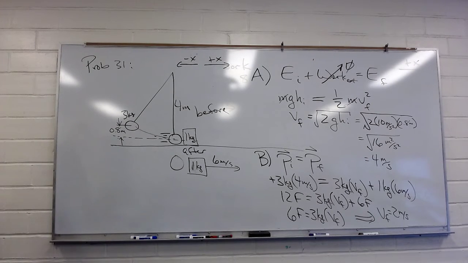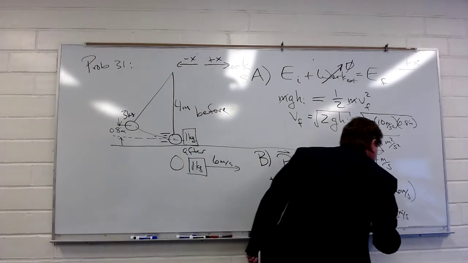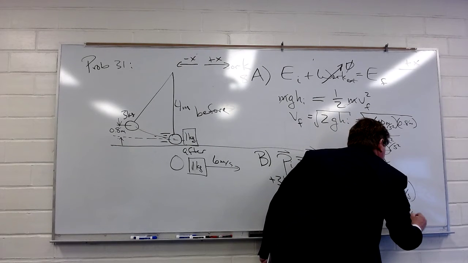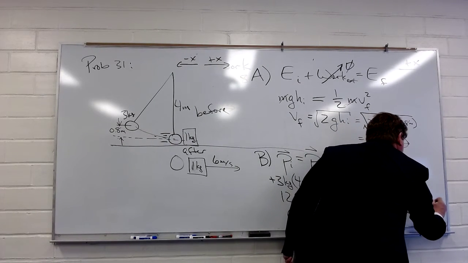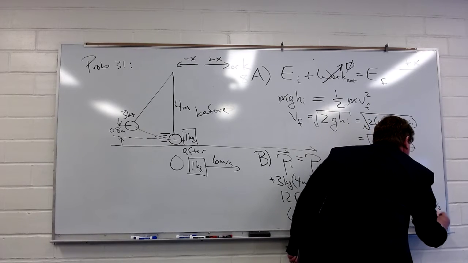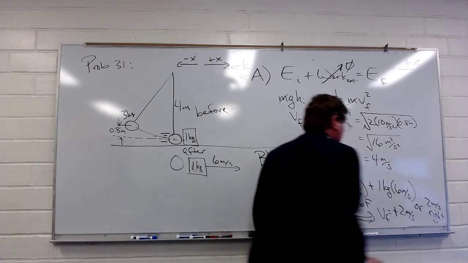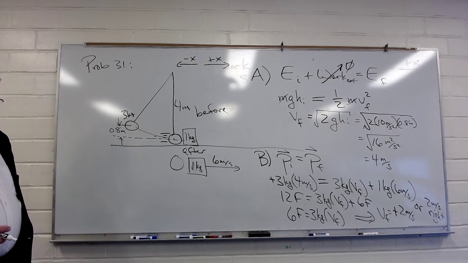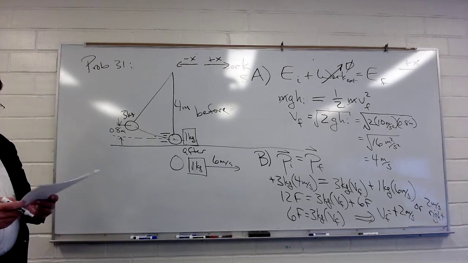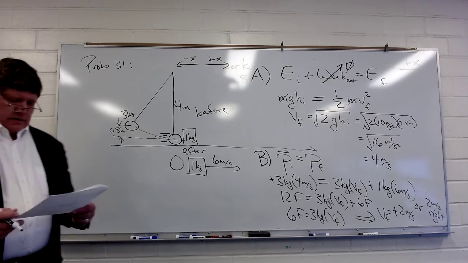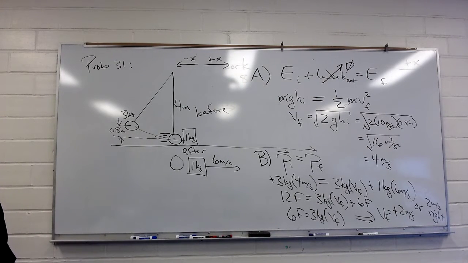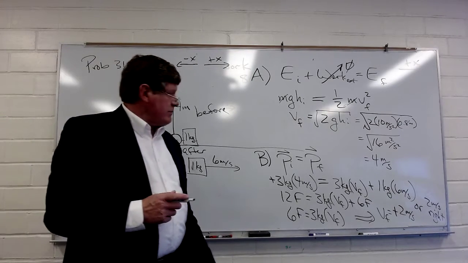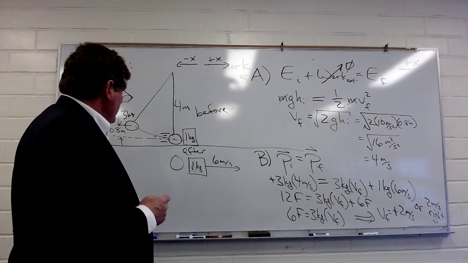I could either say a positive 2 meters per second or 2 meters per second to the right. If you're asked for the magnitude and the direction, you would need to do one of those two. Now, we're asked in part C what flavor of collision we have here, an elastic, an inelastic, or maximally inelastic. Well,